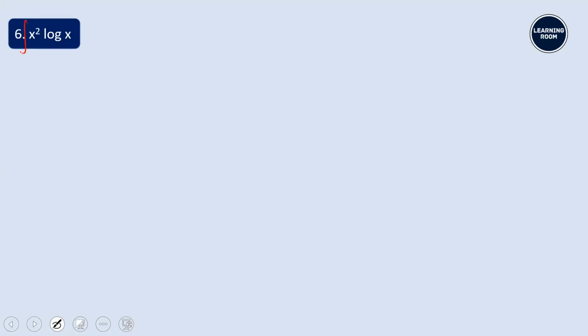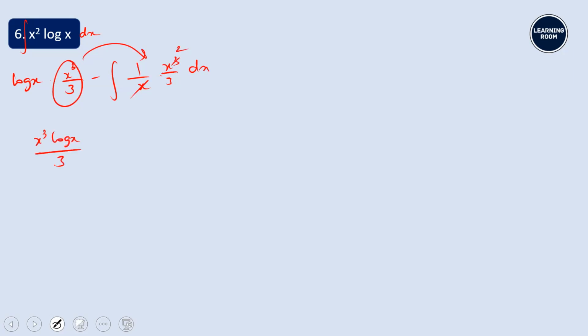One last problem, integral of x square log x. Log x into integral of x square, which is x cube by 3, minus integral of derivative of log x, which is 1 by x, into the same thing, x cube by 3 dx. This one will get cancelled. You have x cube log x by 3 minus x power 4 divided by 6 plus